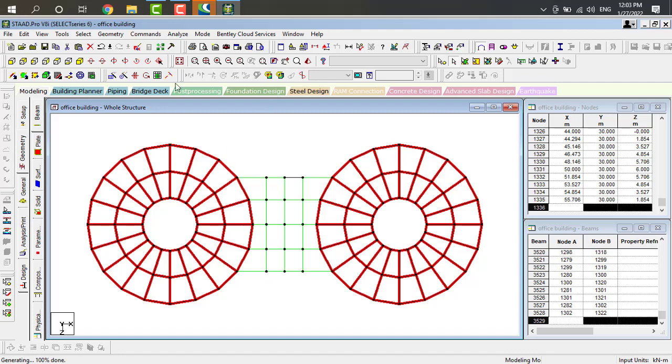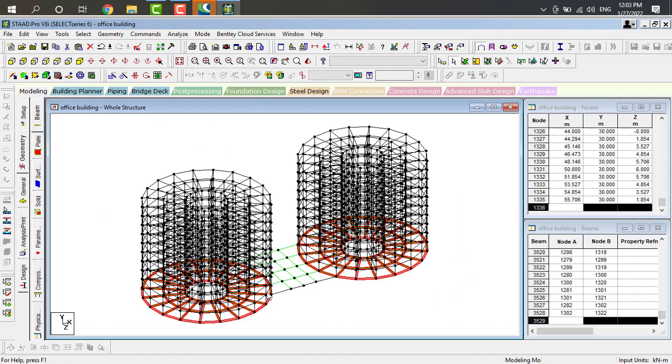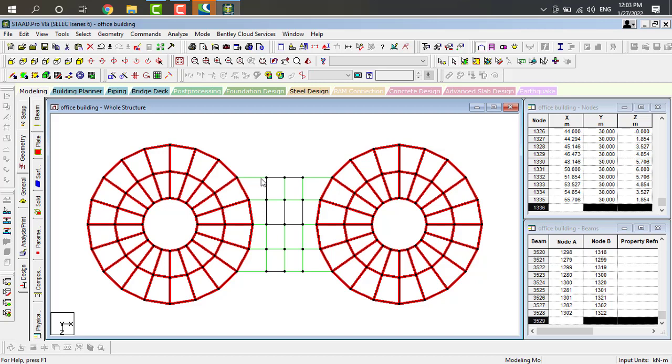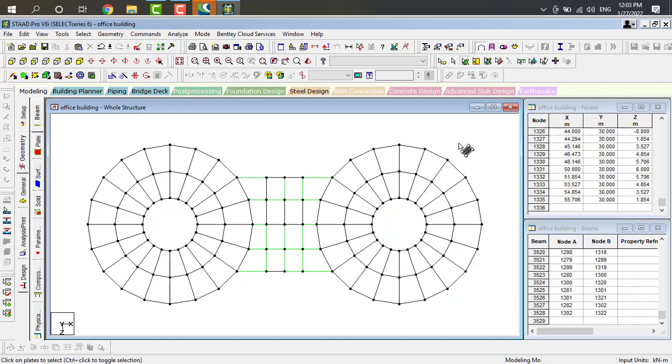Just you have to observe these in 3D view. This is like this. Again I want to take this in top view, and here I want to take plate cursor.